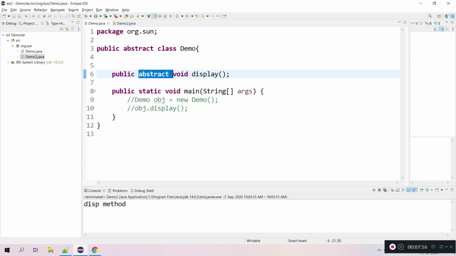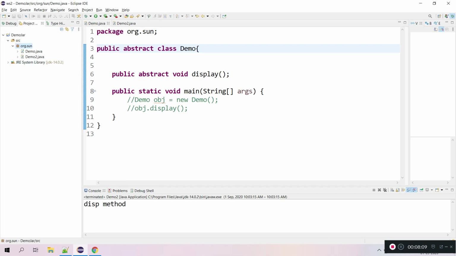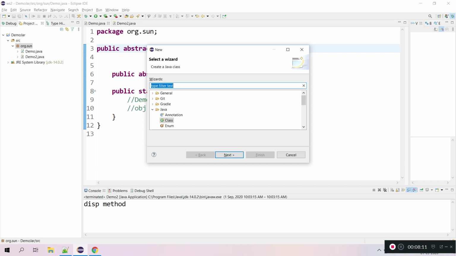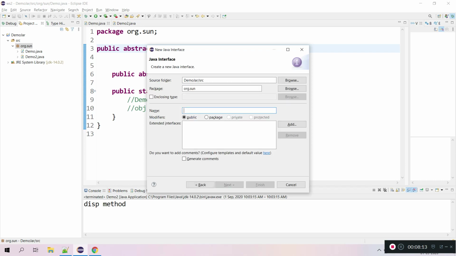One more thing we can discuss regarding the abstract keyword is the interface, which we can call a 100% abstract class. At that place also we can provide the abstract keyword. Let me create one interface and show you. Demo int, this is my interface name.